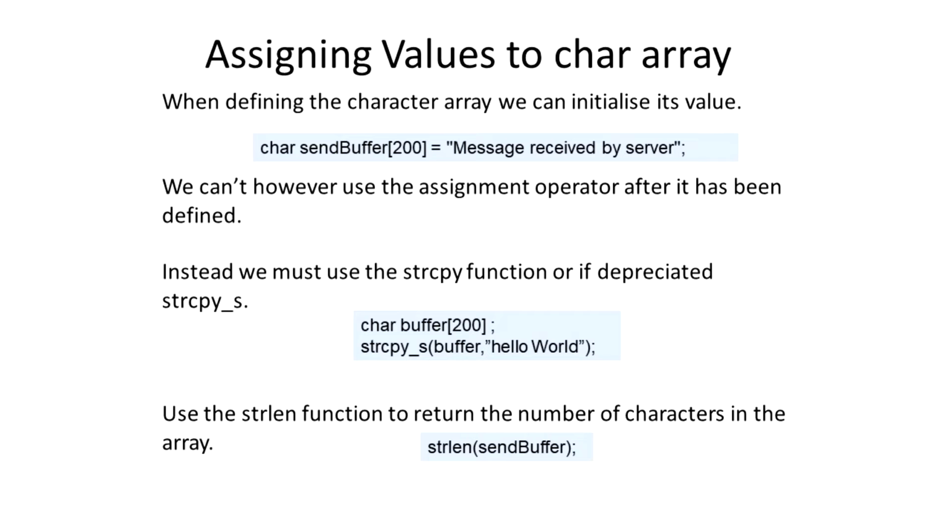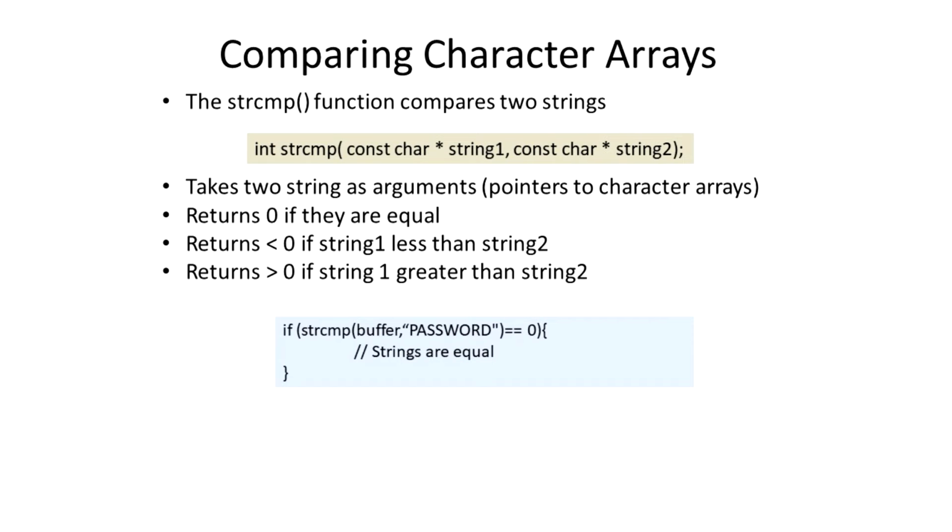And here we see in the middle blue box that using the strcpy_s function, passing the parameters of the char buffer followed by the string value that we want to assign, will later enable us to overwrite any previous values that have been assigned to the char buffer. And we can also make use of strlen to work out the particular size of that char array. And there's also one last function to cover here, which is the strcmp function,